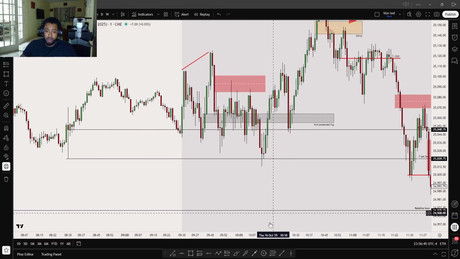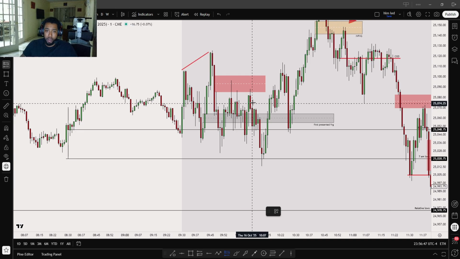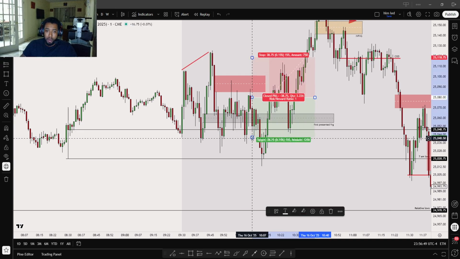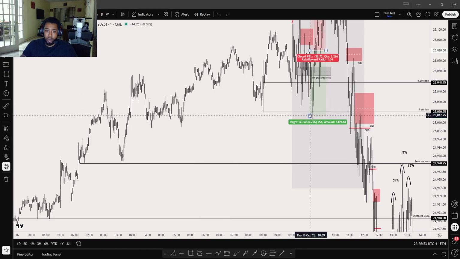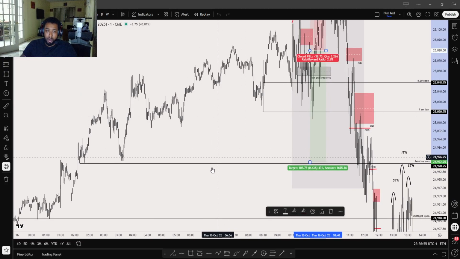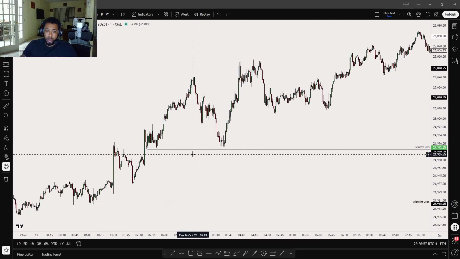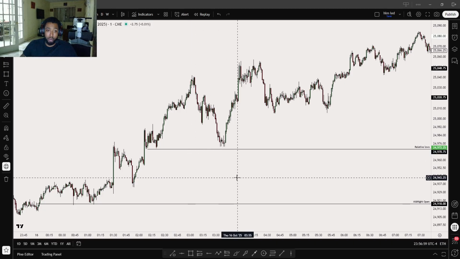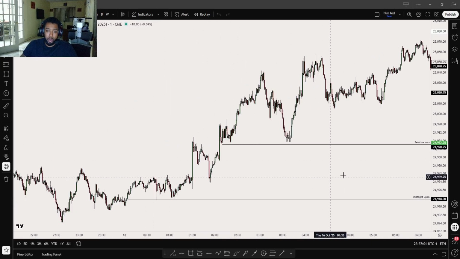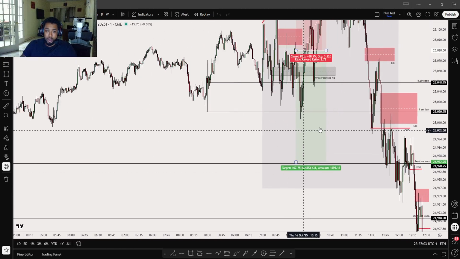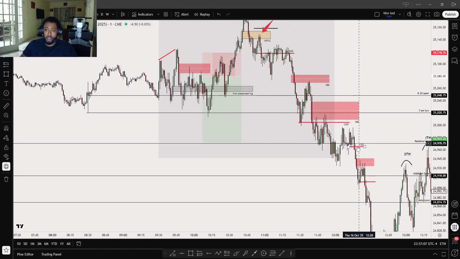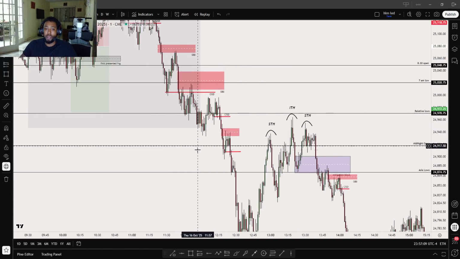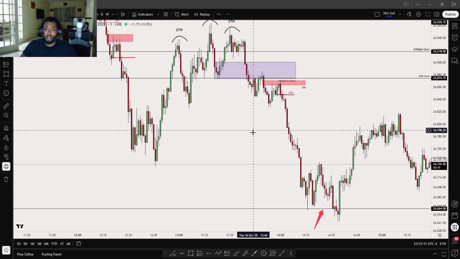Came down, so it gave me a little bit, but I was targeting these double lows here, triple lows, 1, 2, 3, and you see I didn't get that, so it was done for the day, and then as you see, it broke down all this price action. Lovely.